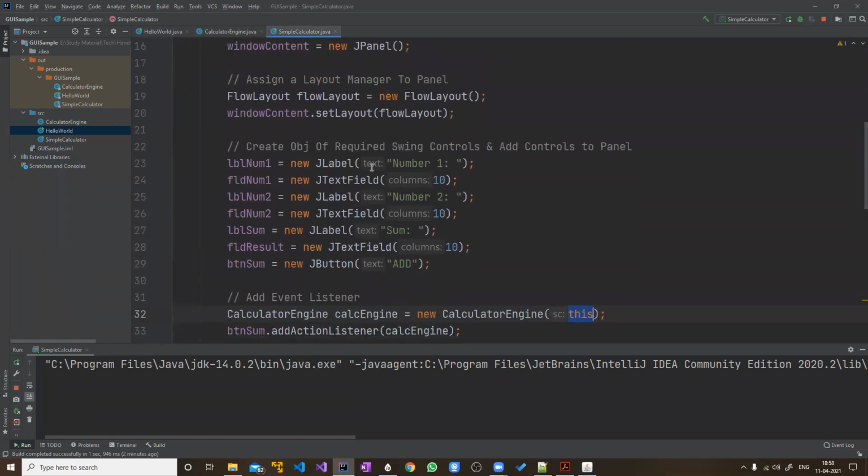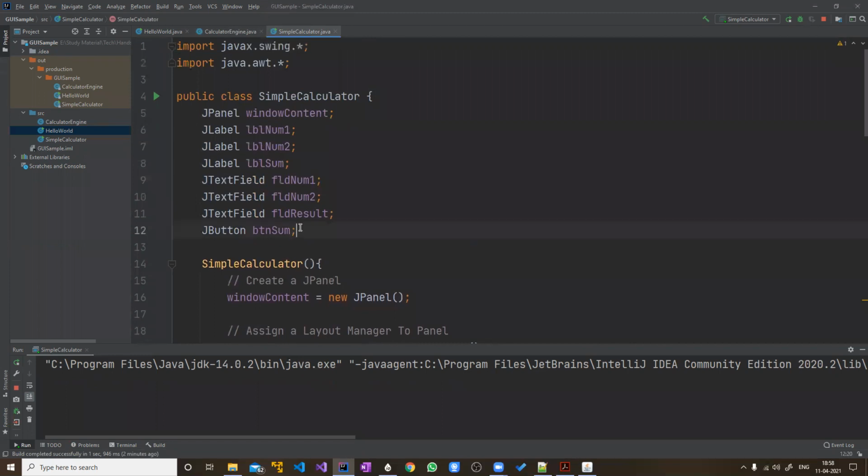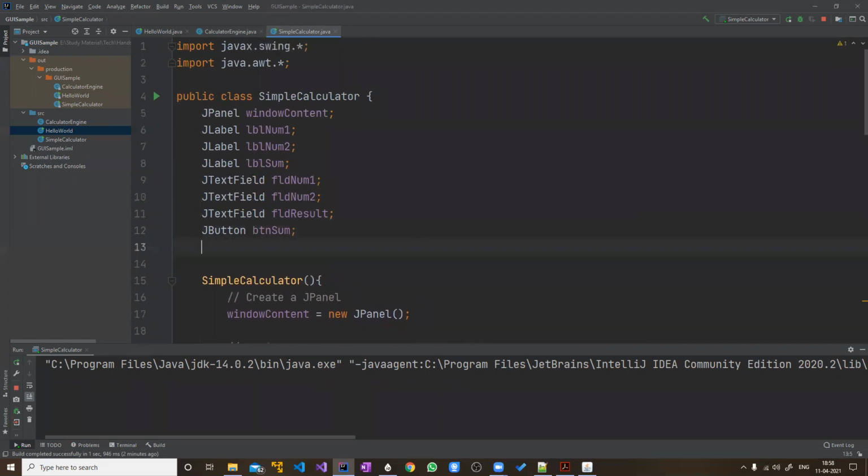What is the time? Okay, we'll do a few enhancements. First, what if now I want to add another button? Say, for example, I want to add a button for difference as well. So now see how easy it becomes for us. Once this basic code is done, now enhancement is very easy.